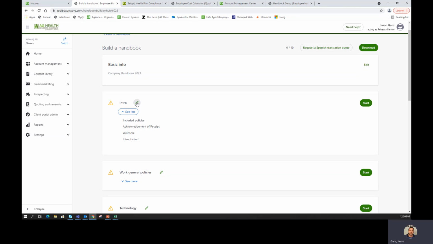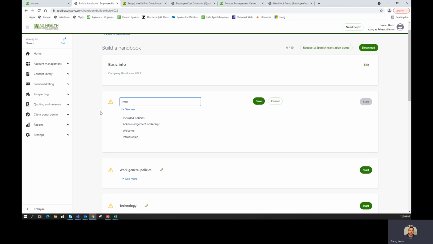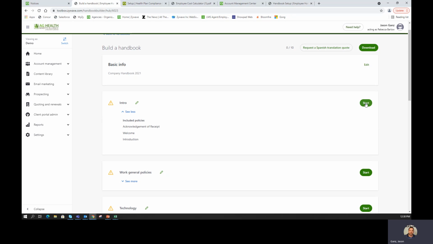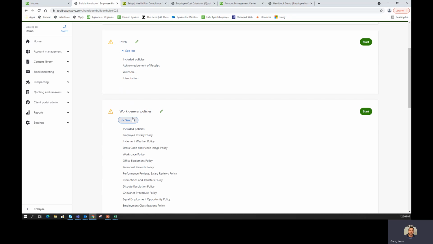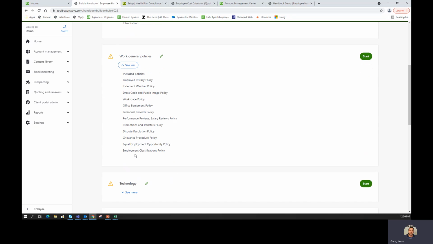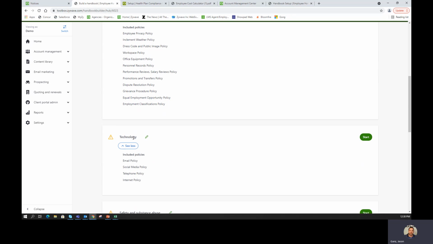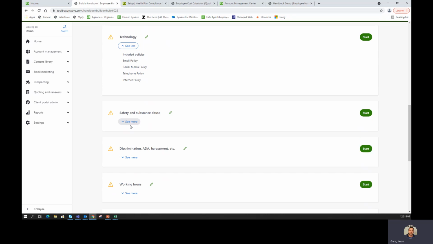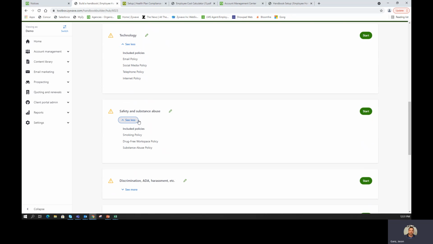So when we get down to the intro, here's where you can edit the actual name of the intro. Here's the sections under the intro. If you want to create these sections and put them into your handbook, all you'll do is click start, and that works all the way down through general workplace policies. You'll see how many sections there are in there. Through technology policies, social media, email, safety, substance abuse,